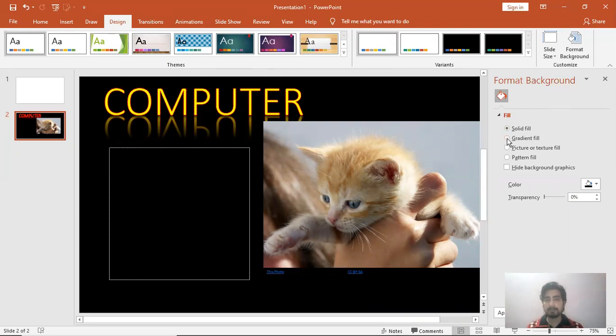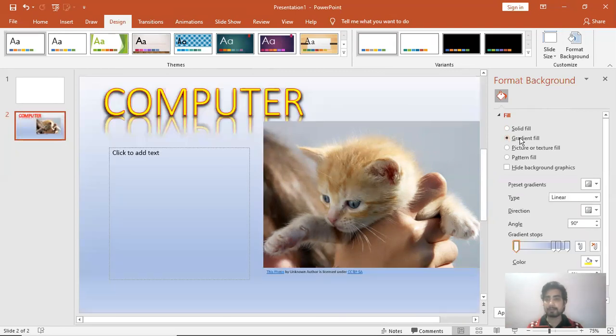Gradient fill. In gradient fill you get the option of selecting multiple colors as a single background. So let's see how gradient fill works. So click on the gradient fill option, and here you can see the gradient stops option. These are the sliders through which you can adjust the amount of color which you want in your slide.